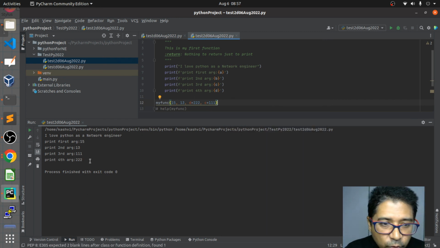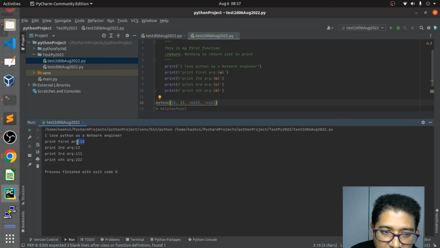You can see first they took the positional first two, and the third and fourth they are taking as keyword arguments. Instead of following positions, you can play with the position. But the thing is that if you swap this, that is going to